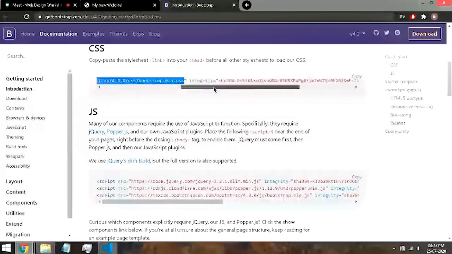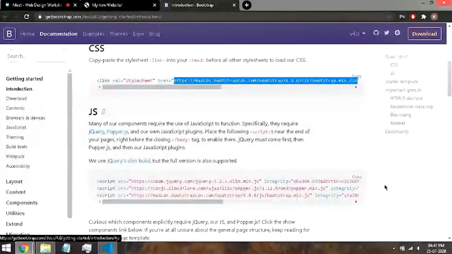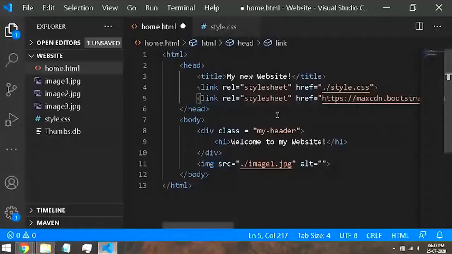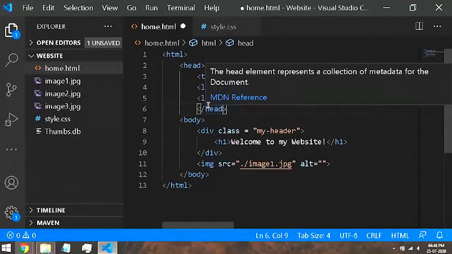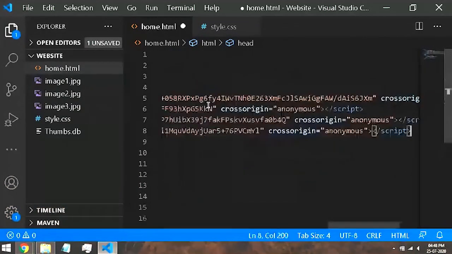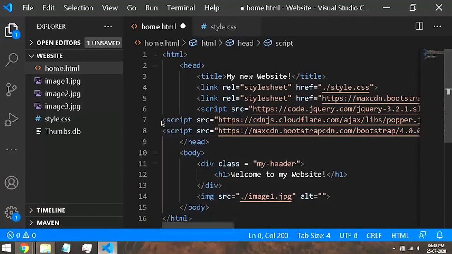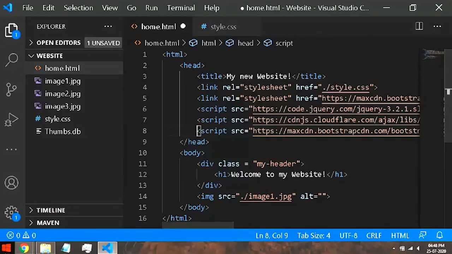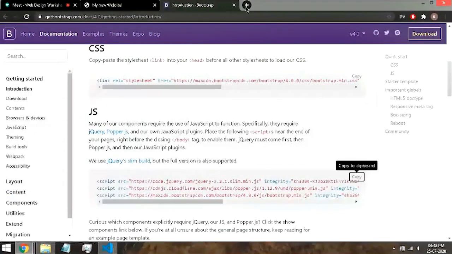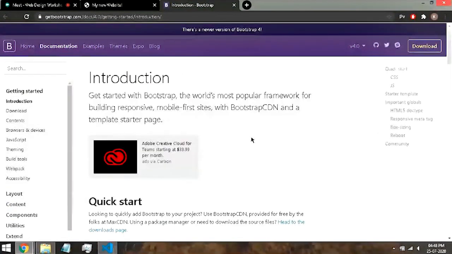And now we have included CSS. We also need to include JavaScript. Some of you may know that JavaScript is basically the scripting language of the web. We won't be covering JavaScript today, but I will just tell you the basic difference between a website which has JavaScript and which doesn't have JavaScript. I'll just give an example with this Bootstrap website only.